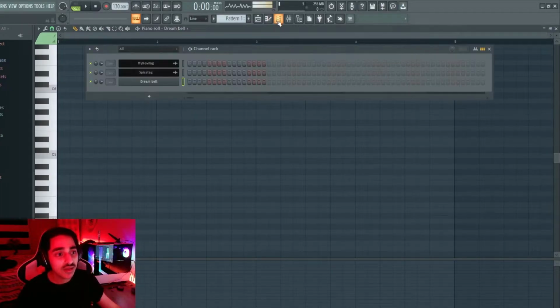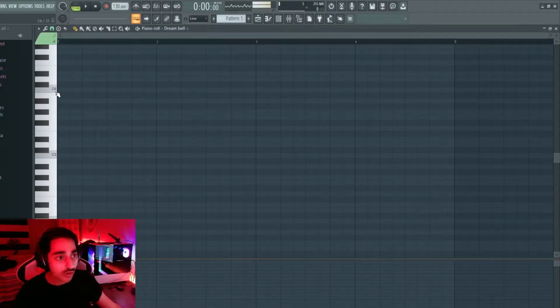Essentially, we're going to tell our dream bell, this VST plugin, what notes it should be playing, and these numbers are pretty important. C5 is the middle of the piano, so you want to find the C5. It'll be next to these two black notes and it'll sound like this for the dream bell. Now all we want to do is click,